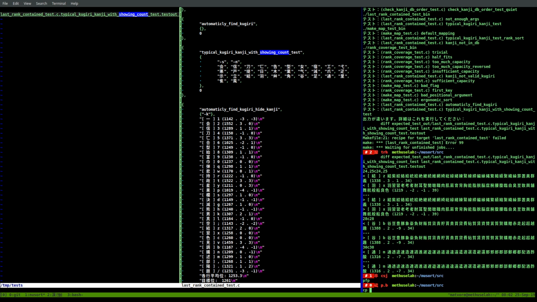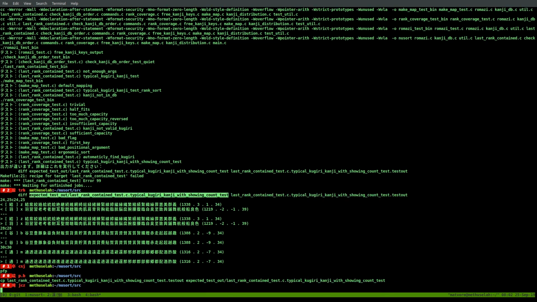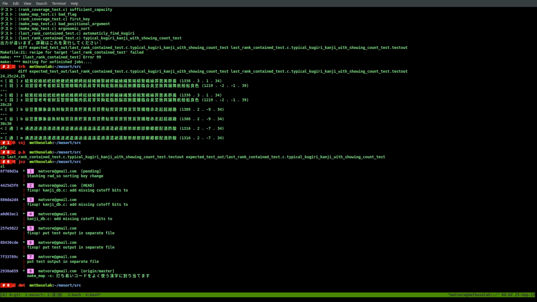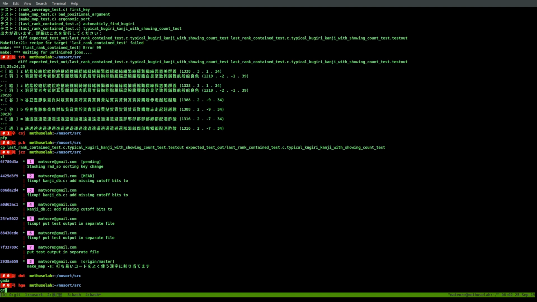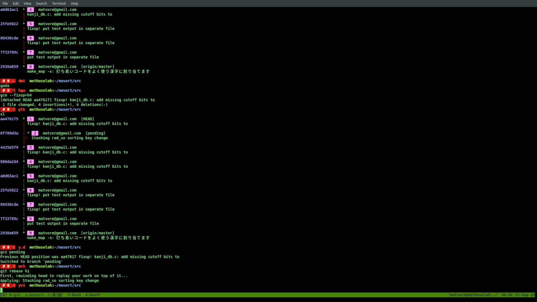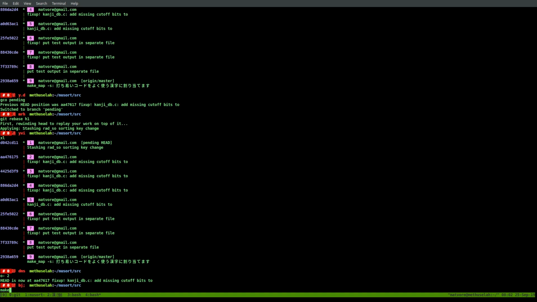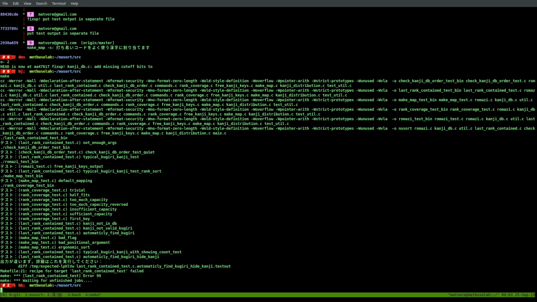So we're going to copy, let's put this in a separate window. This makes it a little bit easier. Copy this to this. And now we call this GCM fix up on H4, right? Now we go to pending and git rebase onto number 1. So this time I avoided creating a new branch and deleting it later. Now if we make this, we'll almost, okay, we're getting closer. Hide kanji